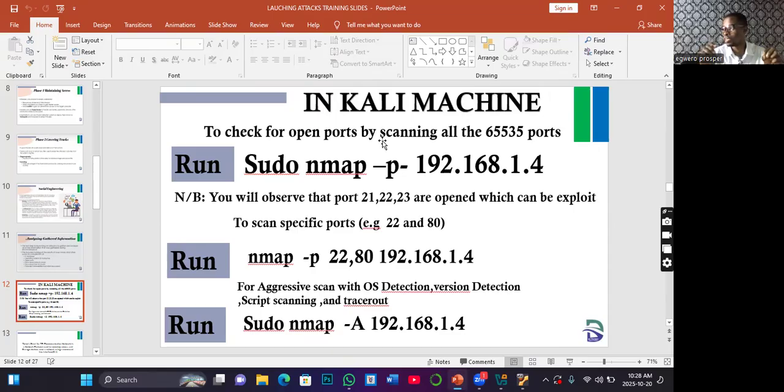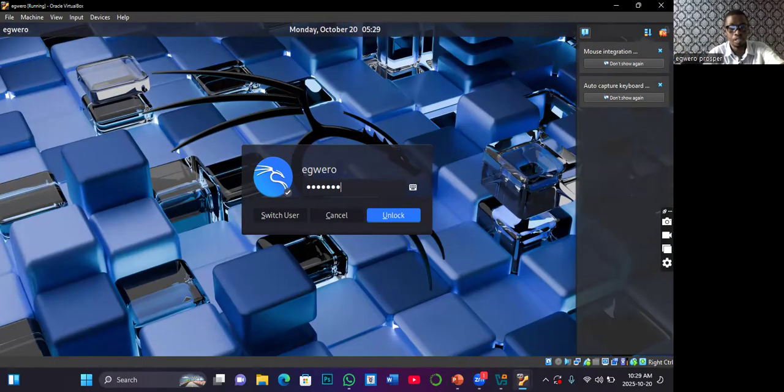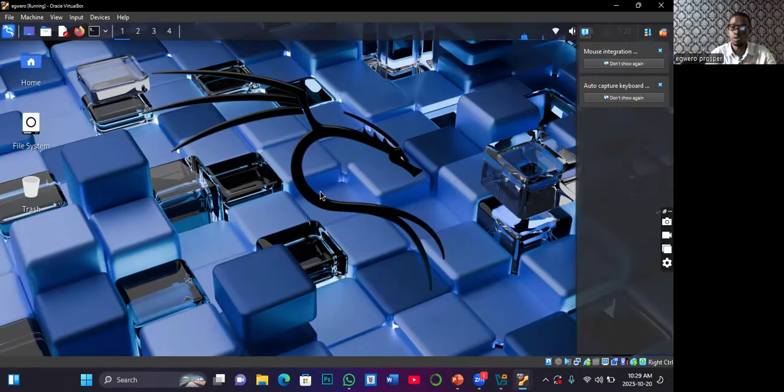Are you with me? They take their time to identify the ports that are carrying the data they want to steal. If you remember, when we were on ports under networking fundamentals, we identified some ports which are used for regular data transmission within the internet. Ports like